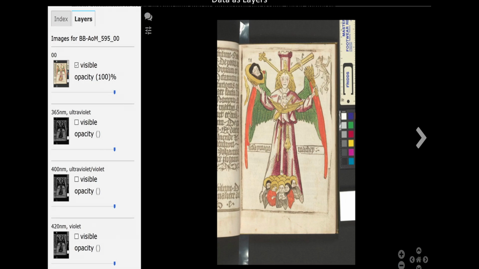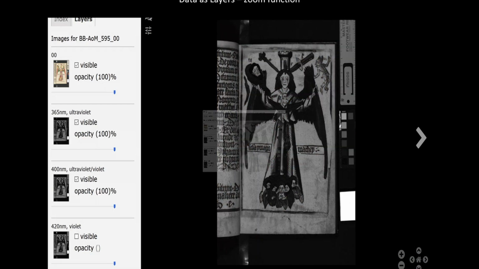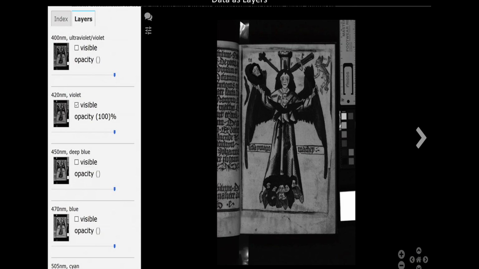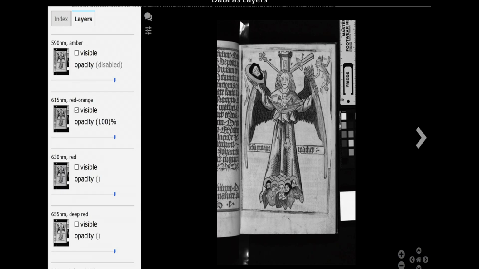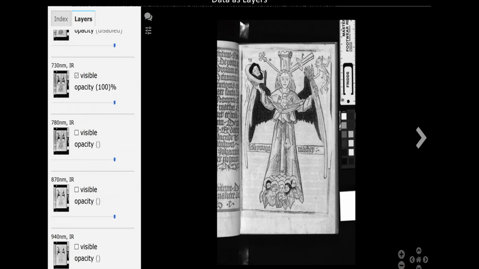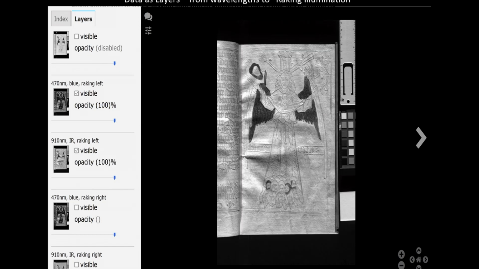We put those in as a layer, which meant that you could go from using the colour image as the baseline of the canvas, but starting to look through all of those different layers that we have there. And the beauty of this is that, with the layer component, of course, you can zoom in, but then just start to click through all of those images and start to see the different response of the different materials as we go through the different wave bands, which helps us start to think a little bit more effectively about